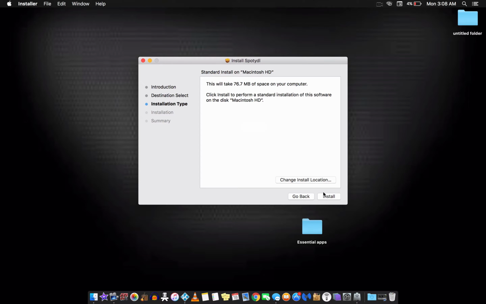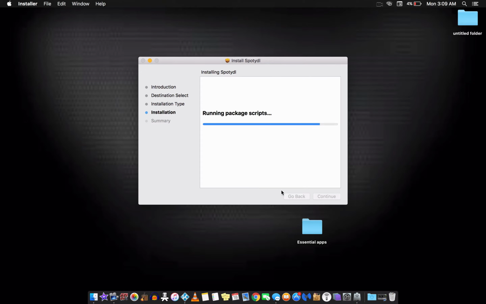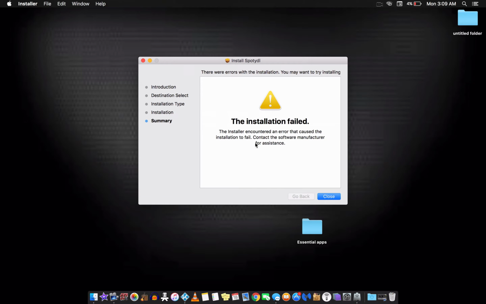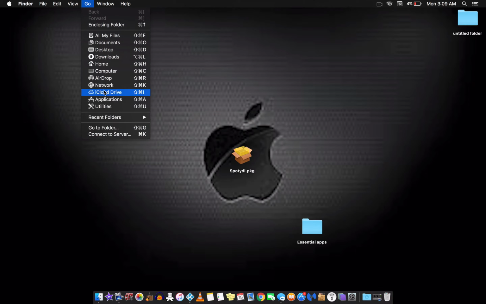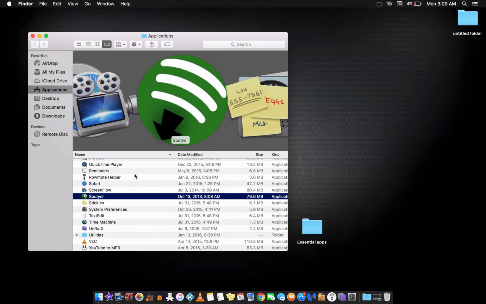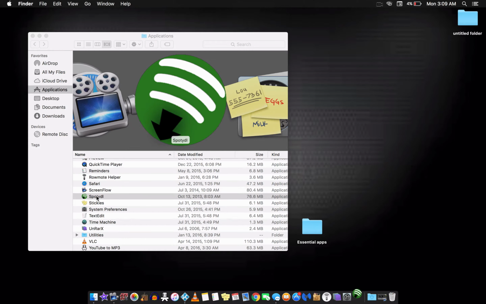So we'll just click continue. So this told me it quit. However, if I click OK, and then I go into my applications folder, it is right here. So if I click this,